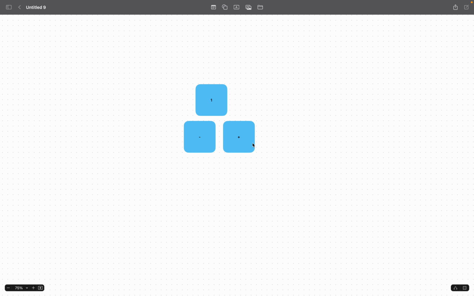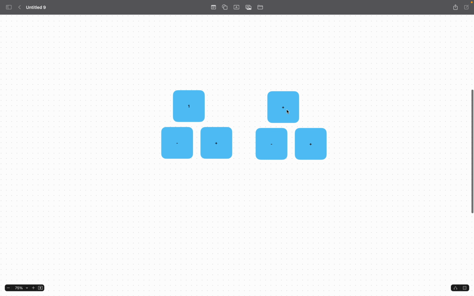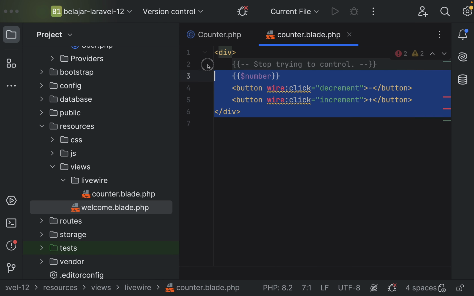We click the plus button, and what happens after that is they change the screen. They do not change the data here directly. What they do is replace the screen entirely. I mean the component. They replace this component.